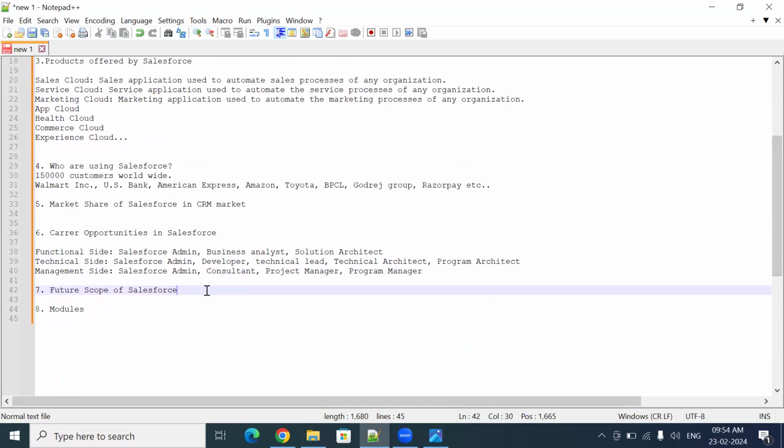And what is the future scope? Next, seventh one is future scope of Salesforce. So we came to know that Salesforce is a cloud-based CRM application, and the growth of CRM applications, and particularly cloud applications, is being increased day by day. And therefore, because Salesforce is a cloud-based CRM application, the future of Salesforce looks very bright,